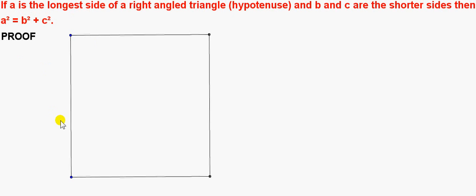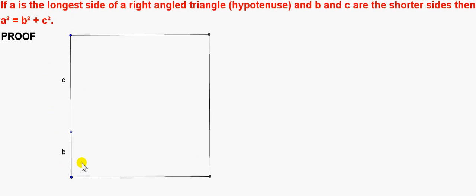Then we pick any point on one of the sides of the square. The distance between this point and this point here will be one of the short sides of the right angled triangle. The distance between this point and this point will be the other short side of the right angled triangle. Next we take a compass and use it to construct four congruent right angled triangles in the corners of